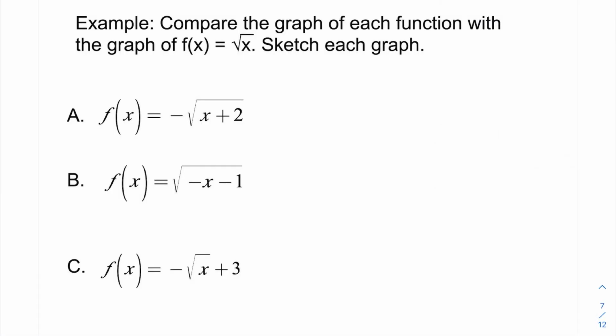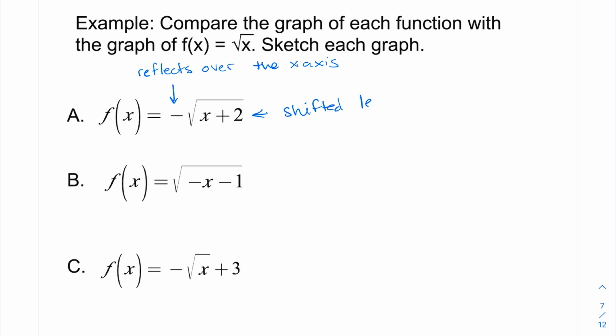All right, compare the graph of each function with the graph of the square root of x. Then sketch each graph. This is lesson video part 2 of 1.7. So we're just going to use words to describe. This negative sign here means it reflects over the x-axis. This 2 means it's shifted,